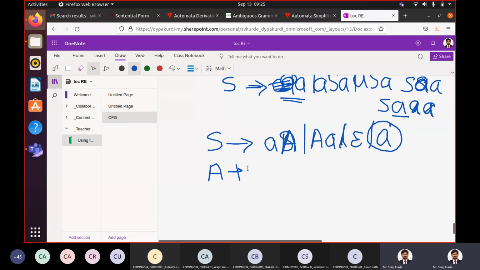Here you can write A produces epsilon, so that what it will do, if we replace this A, it becomes A. So how you write the production rule depends on whether to include A or not, small a, it depends. Now what will A produce, if you have to generate the same strings, then what should A produce?